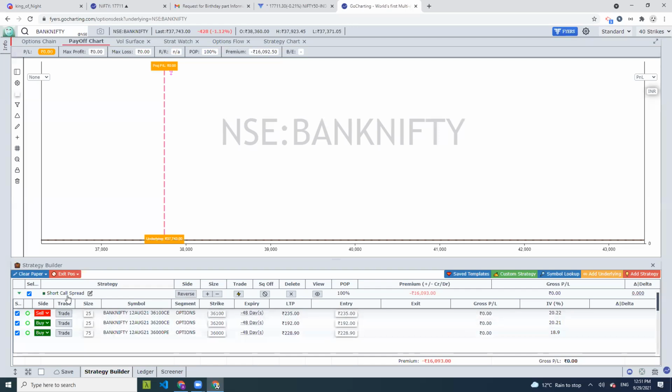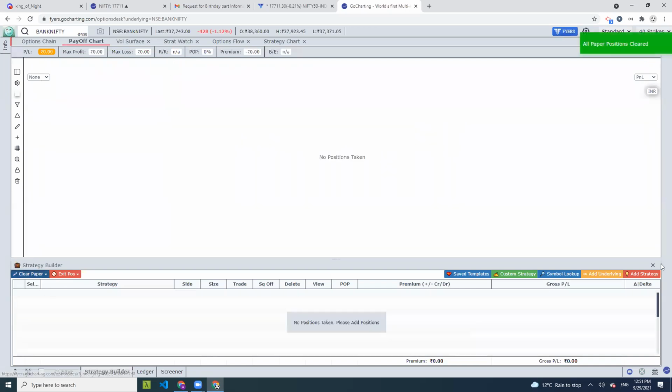Okay. And so I kind of have this as a backup to explain. So now we'll talk about the short call spread. Now the short call spread is, again, a very old strategy that I had taken. It's already expired. Let me create one more.